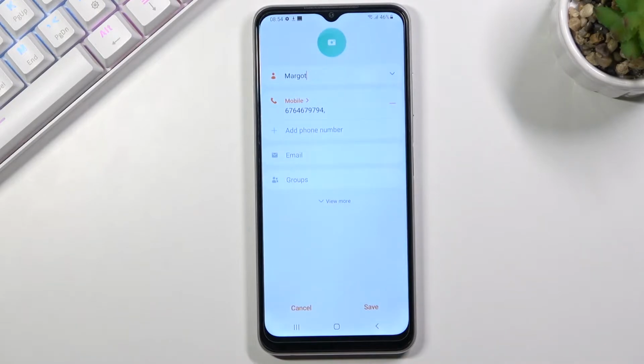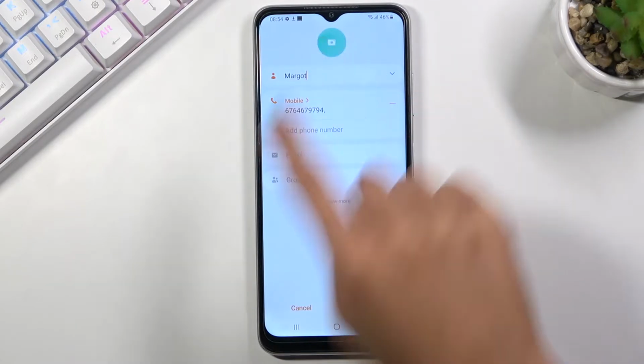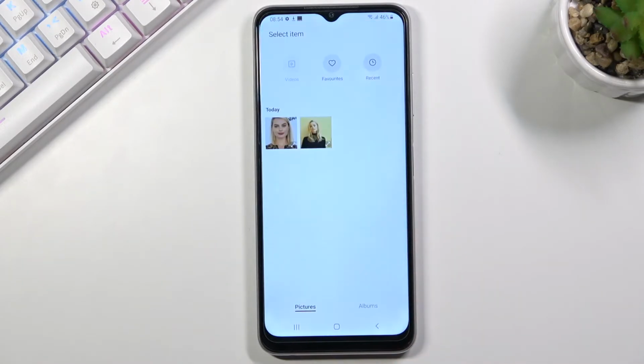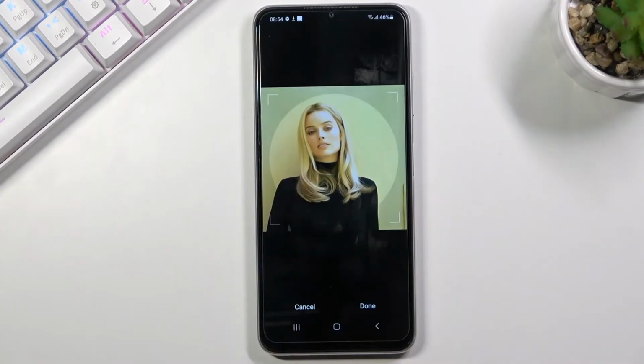Then tap on information icon, and here you can smoothly edit this contact of yours by tapping on edit. Then select profile picture, and here you can smoothly choose something from your own gallery or grab a photo right now by choosing the camera. So let me pick something from gallery, just give all needed permissions,